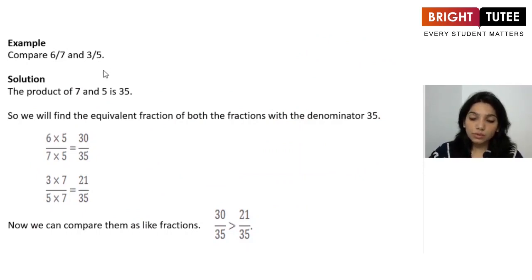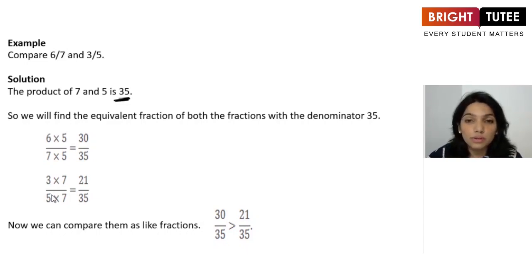Okay. So it says that the product of 5 and 7 is 35. So what are we going to do? With 6 over 7, we are going to multiply by 5 so that we get 35 as the denominator. And for 3 over 5, we multiply by 7 so that we get 35 as the denominator. And simply, these are the equivalent fractions, and on comparing, we can see 30 over 35 is bigger compared